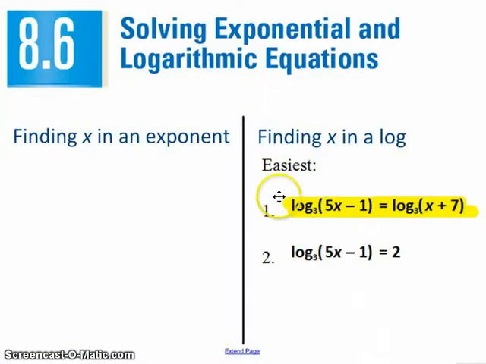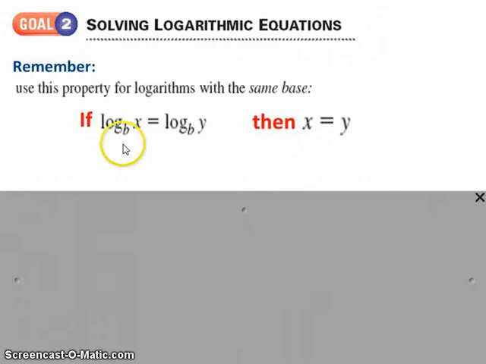Okay, now we're on the right side. On the left, we talked about how to find x when it's in an exponent. Now let's talk about how to figure out what x is when it's in a log. The easiest situation is the first one. In the second situation, once again, we're going to make use of those inverse properties we learned a couple of chapters ago. Okay. For those easy situations, if the log base matches on both sides,